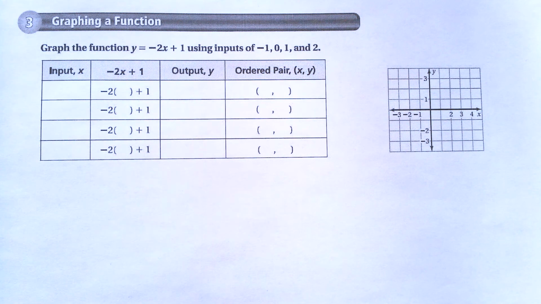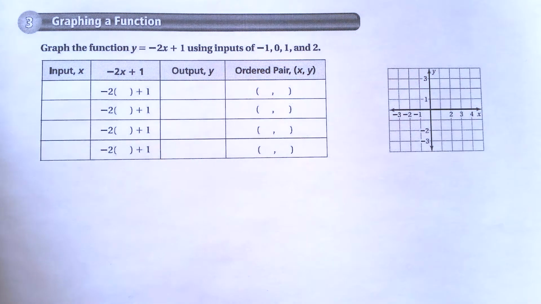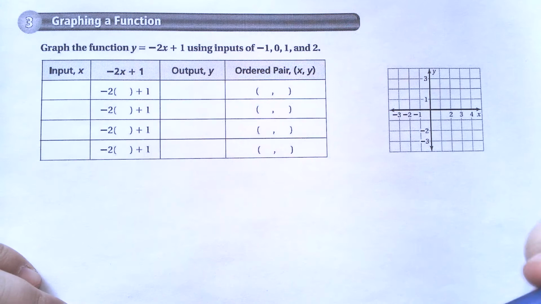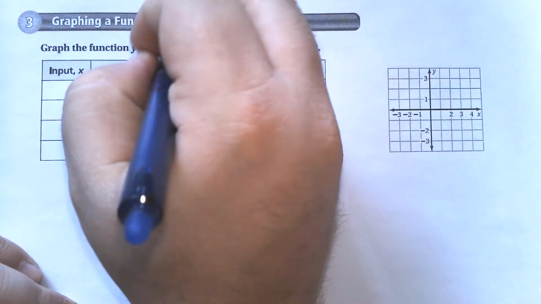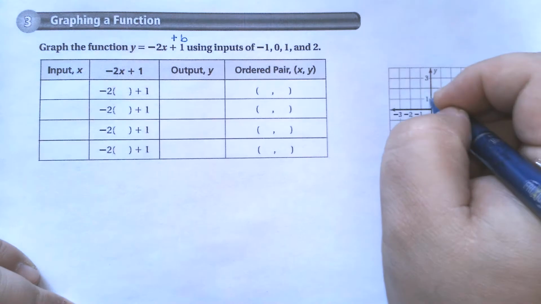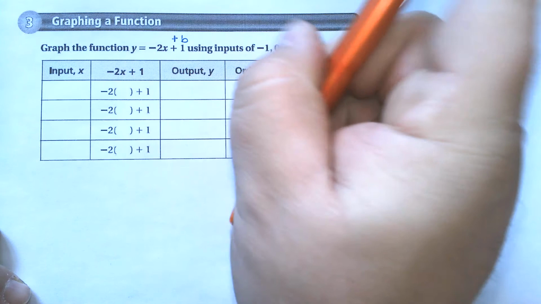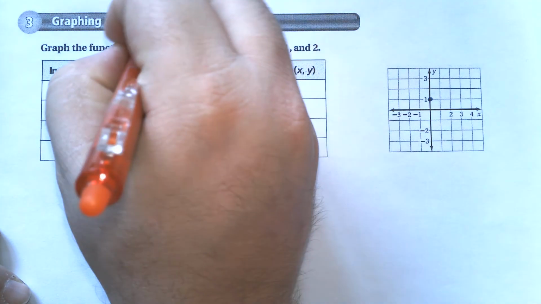Today we're going to be talking about graphing a function. There's multiple ways we can do this. In all honesty, we could take a shortcut. We could use y equals mx plus b and realize that our equation crosses our y-axis at +1, and it goes down 2 times and over once